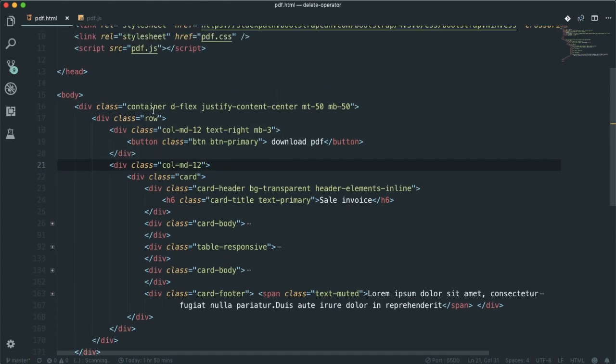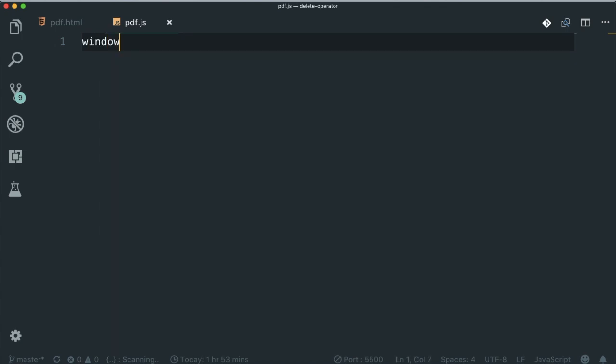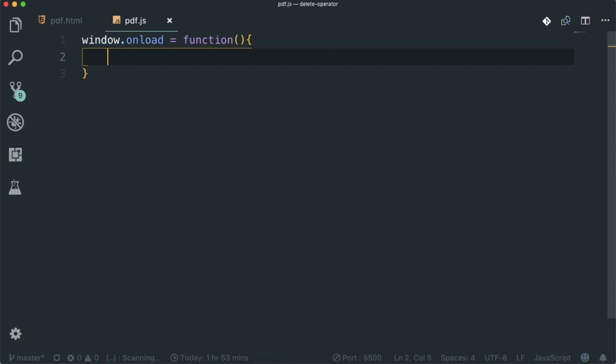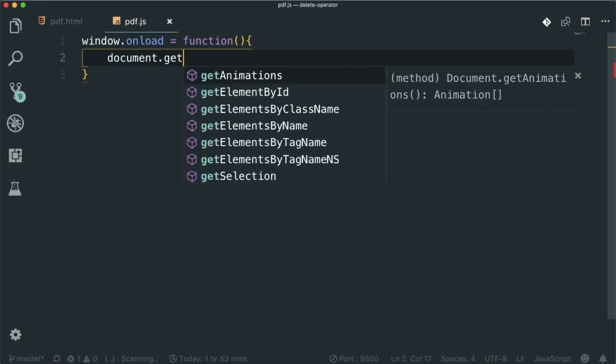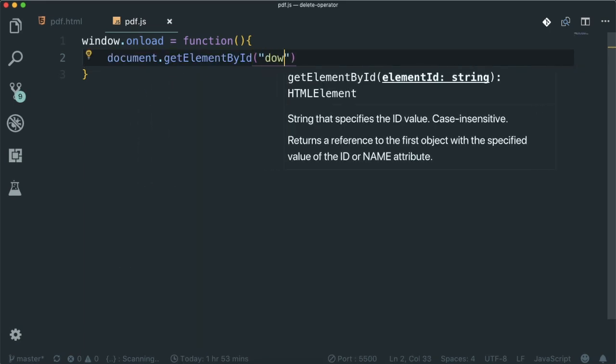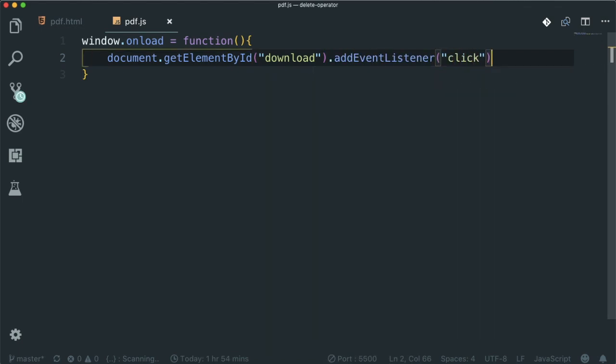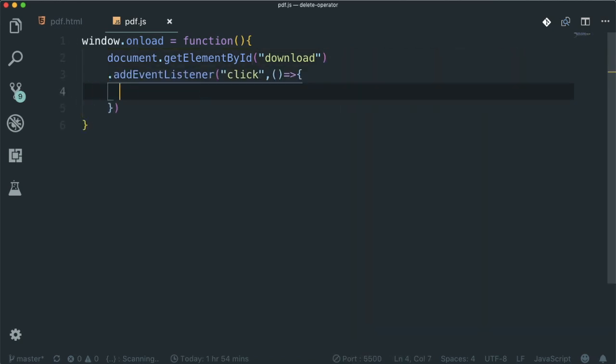The first thing I need to do is add an event listener for that button. Let me write a code here. ID equal to download button here. First of all, I have to add an event listener for that, right? Here I will write a window.onload function because the file has been loaded before the HTML is loading. That's why I am using the window.onload function here, and document.getElementById of whatever ID you have given there, download, and I'm adding an event listener. So I am clicking it, right? That's why I'm adding a click event here and the callback function here.